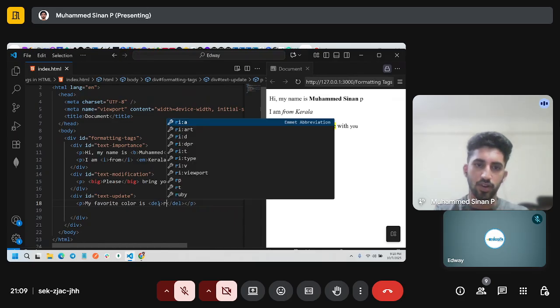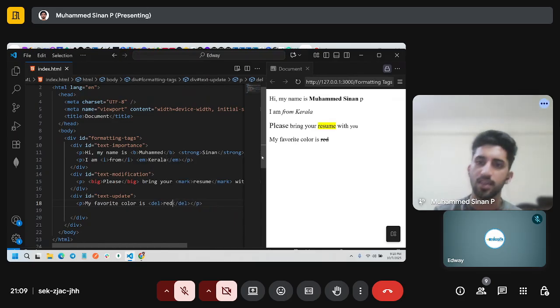As you can see, the red is struck down. See this? There's a strikethrough on the red. And we can now write blue. So my favorite color is not red but blue.